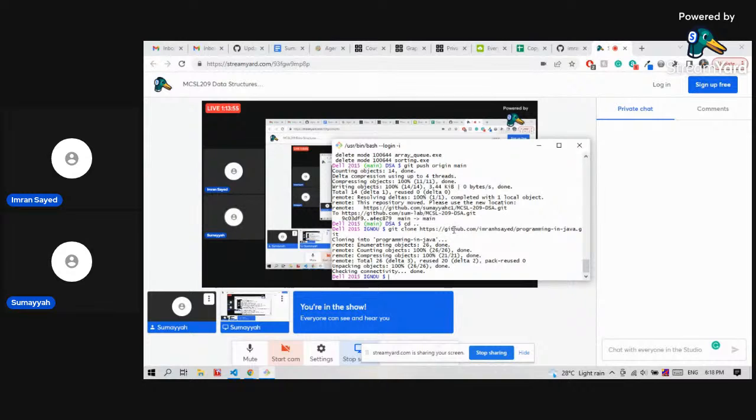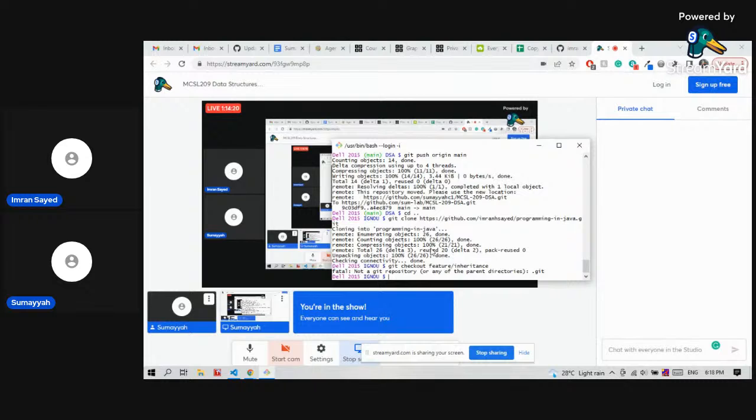Should I check out to another? Yeah, if you git clone, then you should be able to see that branch. Just check out to that branch. What was its name? Its name was feature/inheritance. I finally learned the spelling of inheritance.